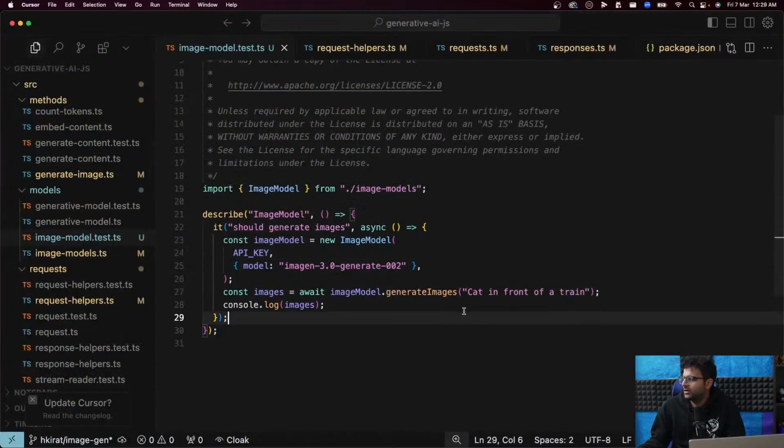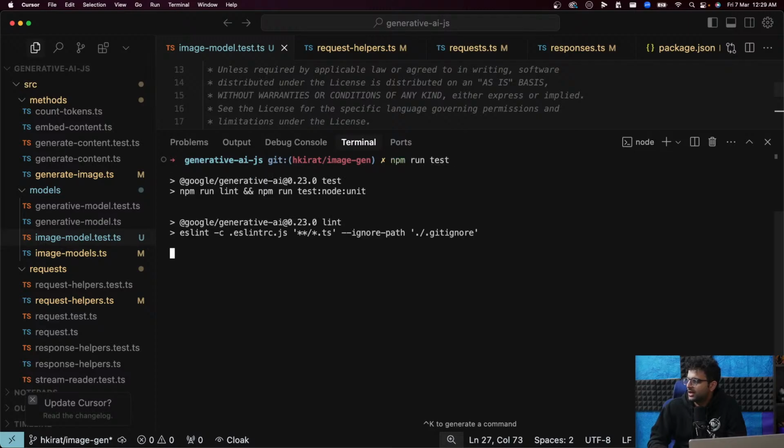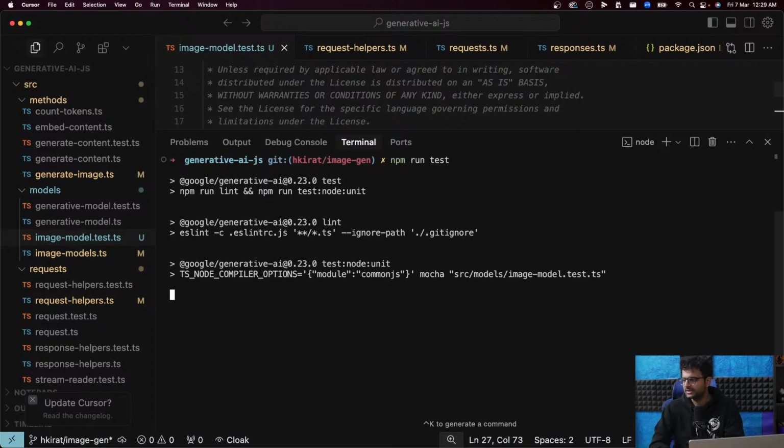All right, there you go. Constant model equal to new image model API key. This thing. Let me change the aspect ratio to be really small. No, like the width and the height is what I wanted to specify, not the aspect ratio. Can I just do a complete black image, and hope it doesn't take more than 10 seconds? Otherwise, I'll have to figure out how to increase the Mocha timeout, because the image generation might take more than 10 seconds.